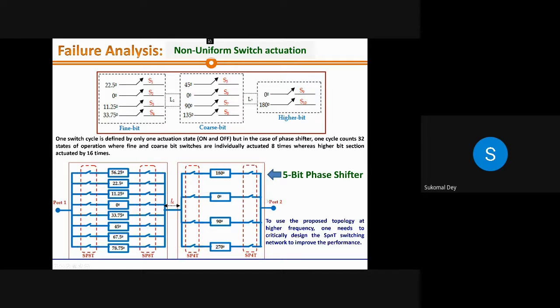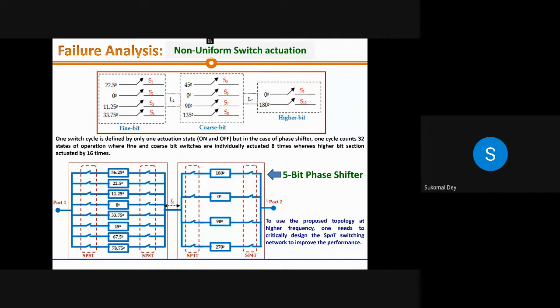So that was the topology that was proposed. Then we thought, is there any way that I can say that over the 32 times of operations, or say if you are dealing with a 4-bit phase shifter, 2 to the power 4, that is 16, then over the 16 types of operations, during the time of operations, I can say that my single switch actuations is equivalent to